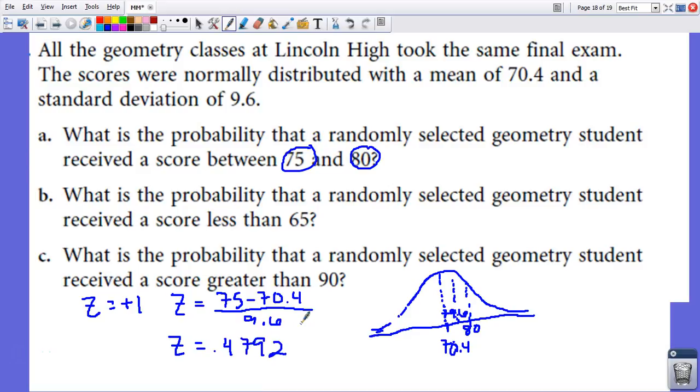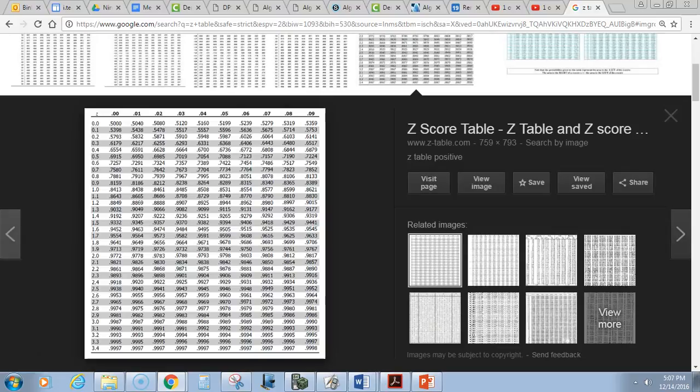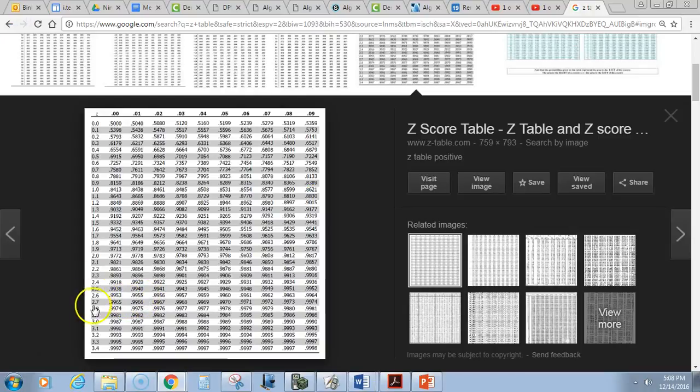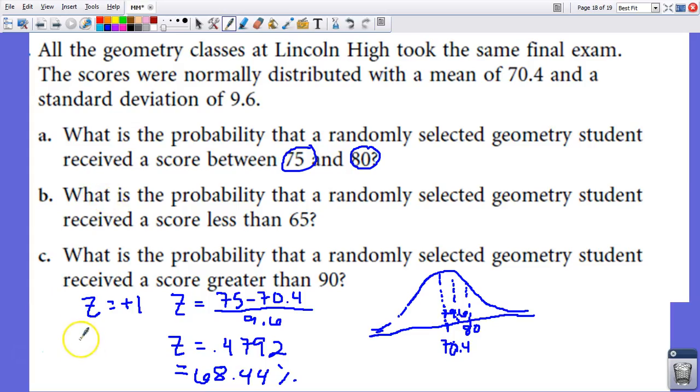Now what I need is a z-table, and since I don't have my paper copy, I just Googled one up. Okay, so here's an image of it, and it was 0.479. I'm going to go with 0.08 over here. So about 68.44%. Okay, so that z-score is about 68.44%. And the z percentage for 1 exactly is going to be like 0.8413,